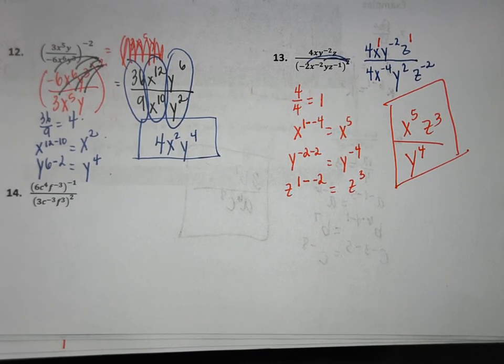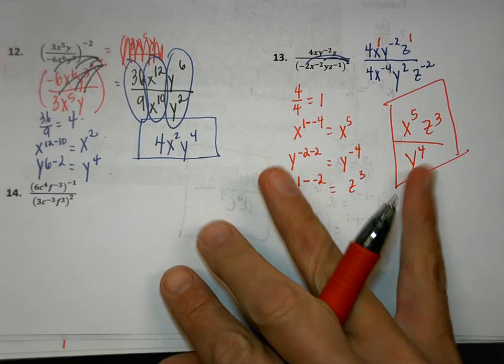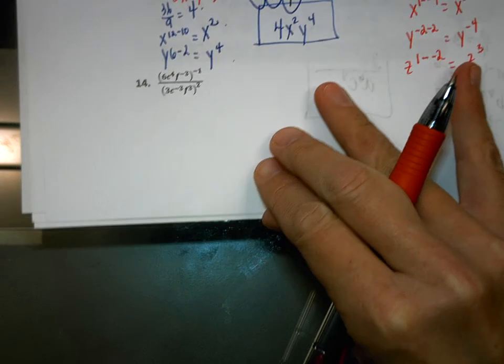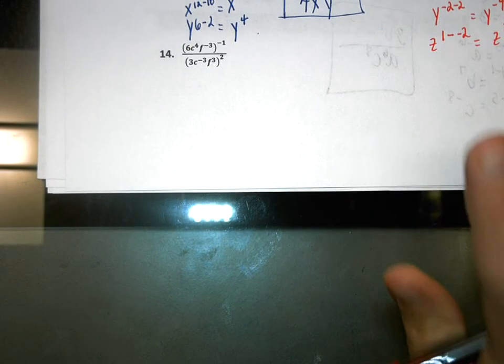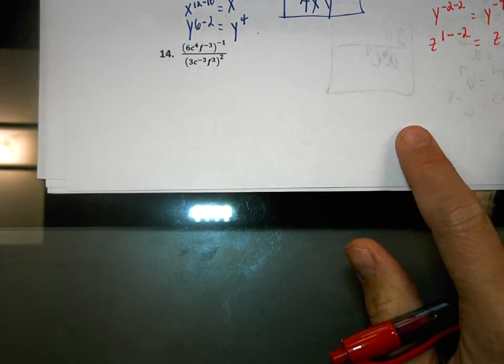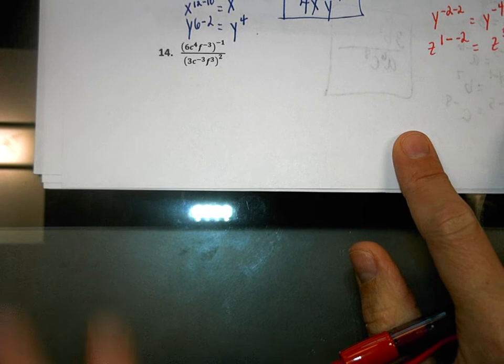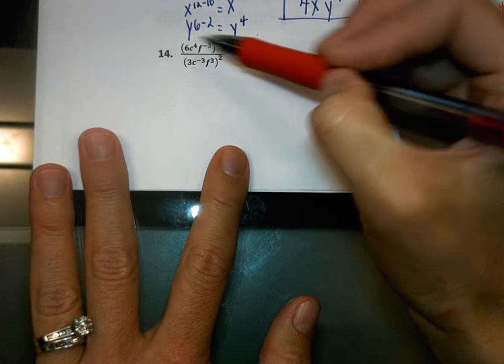Okay. Questions? Okay, are we ready for 14? Very similar to 13, except for... Okay, now the one thing is that there are multiple ways of doing these problems. Okay? Now, when we have negative exponents, especially when you have a number with a negative exponent, I feel like